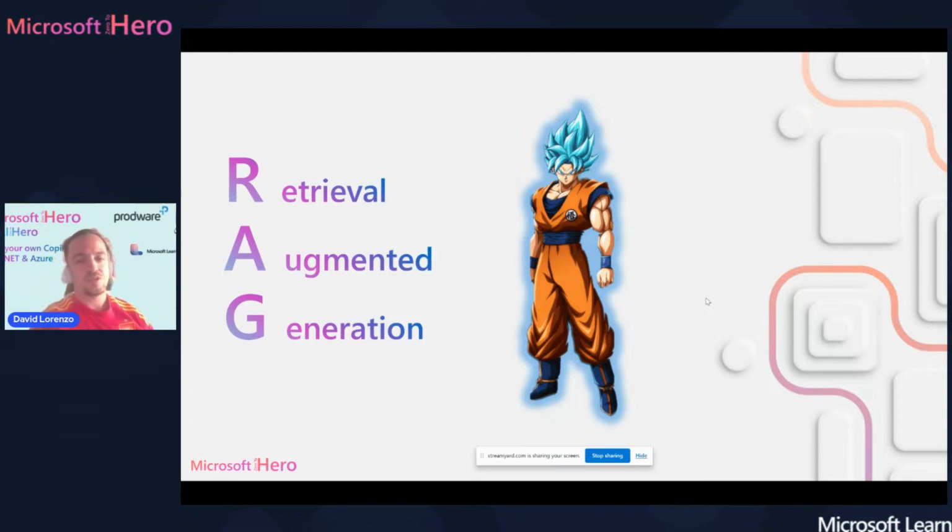You remember when Goku converts into the Super Saiyan, he gets a lot more power, he gets stronger than when he is not converted to Super Saiyan. So RAG, which means retrieval augmented generation, is a pattern that you can use in your artificial intelligence application to